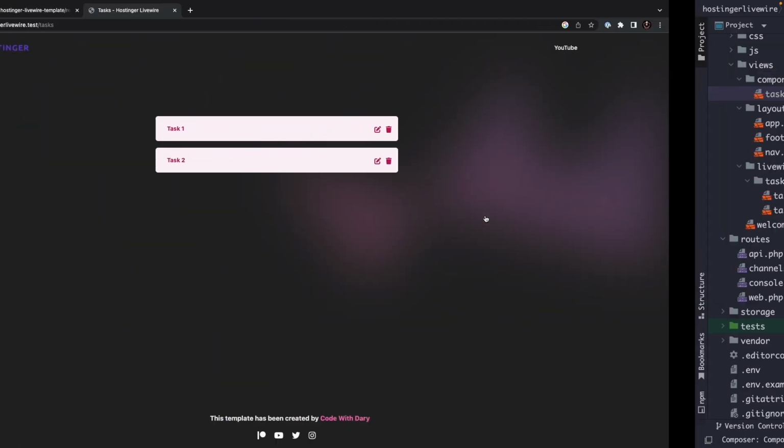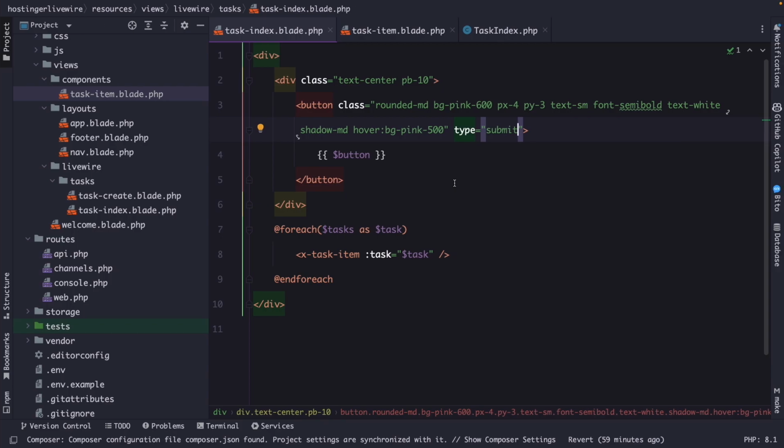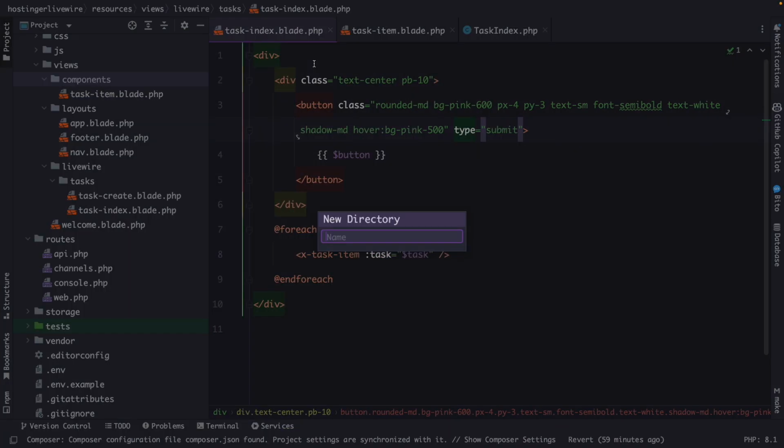Now, if we navigate to the browser and refresh it, you'll see that we have added a new button right here named New Task. Now, let's quickly upgrade our code a little bit by creating a new component inside our components directory, where we're going to name it